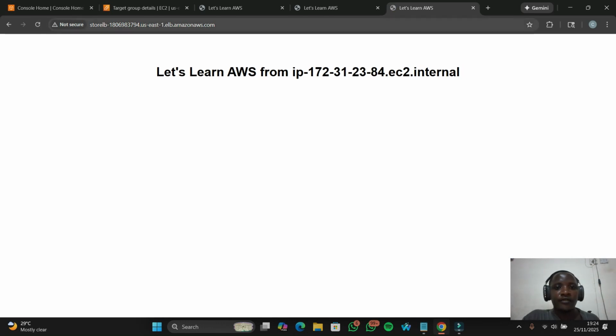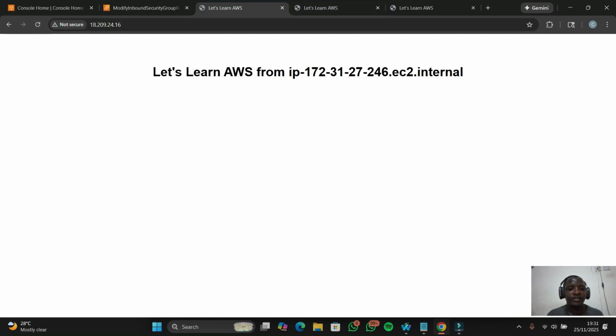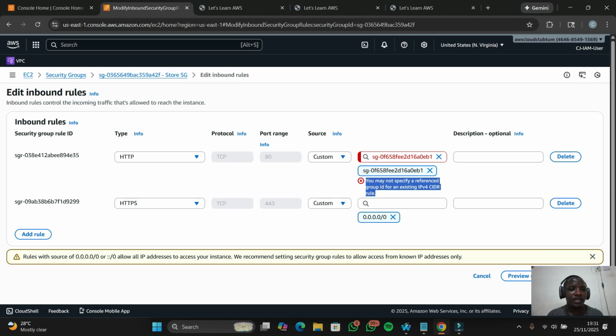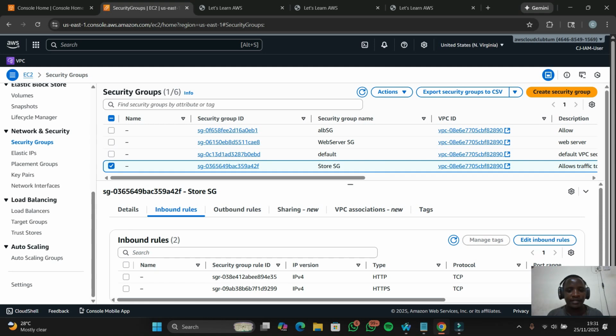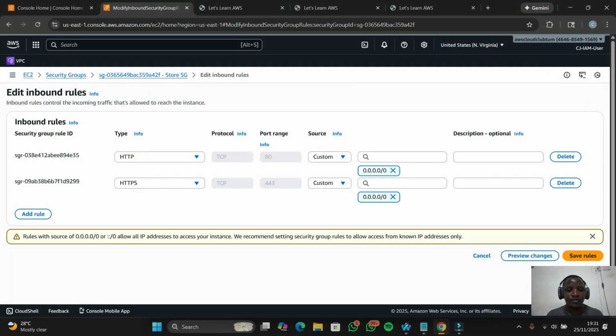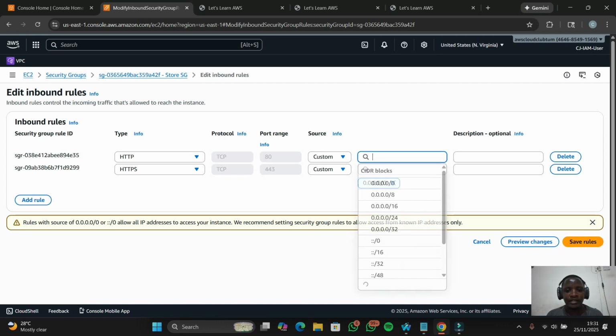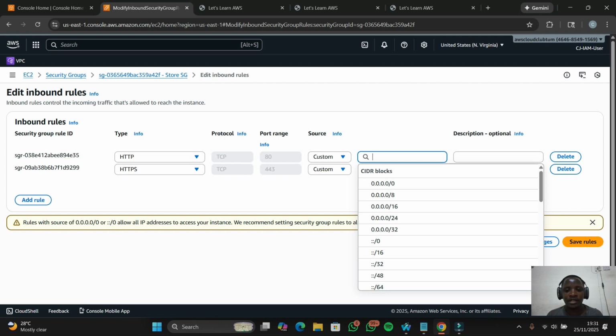Alright, for our case, we can also access the instances directly, which is not a good practice. The instances should reject any traffic except the one coming from load balancer. So to do that, we'll be going to the security group again. After that, I'll click that security group, the instance, then edit inbound rule. So I want to show you something here. If I try to remove this, then try to put the source security group of the load balancer, you can